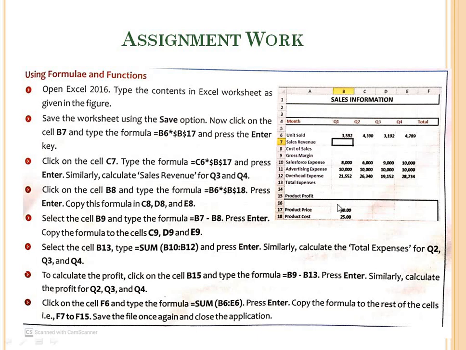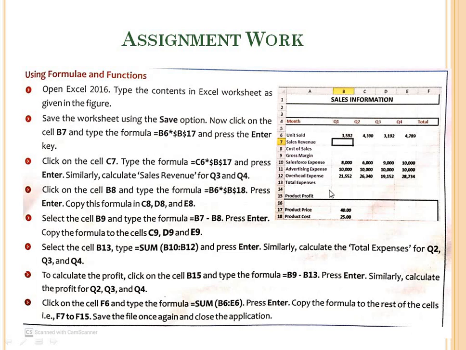Next, come to the cell B13. Type the formula B13 equals to sum of B10 to B12. That is the range. Press the enter key and drag it to the right side. You will get all the values for total expenses for Q1, Q2, Q3 and Q4.